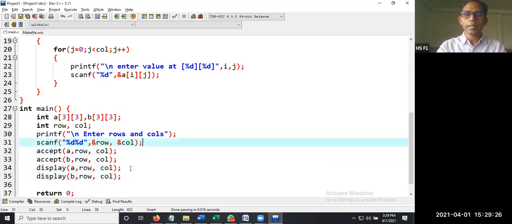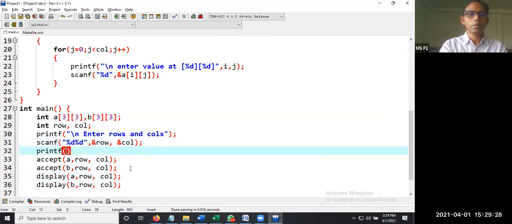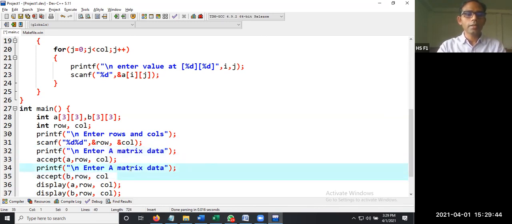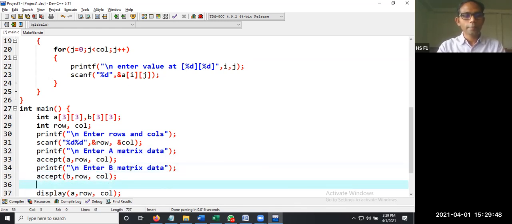So before this, you can write printf, /n, enter A matrix data. Then similarly, you can copy the code of this line and paste it in the next line. You can write enter B matrix data. Then you can write printf entered A matrix data.